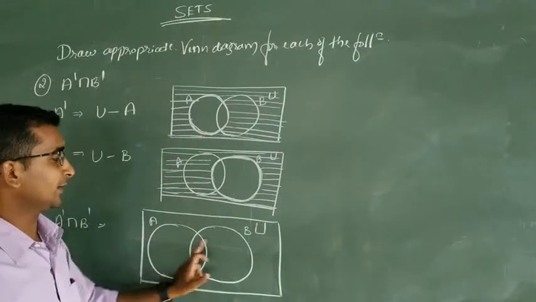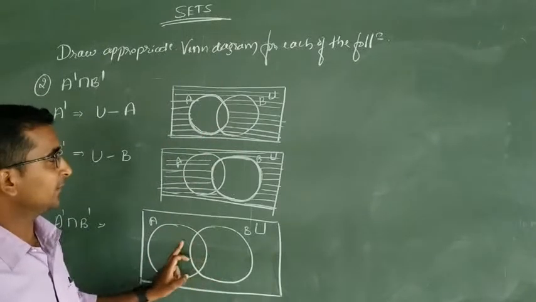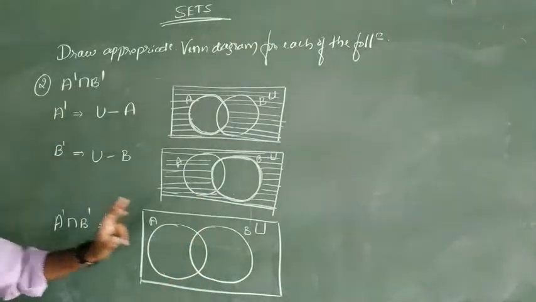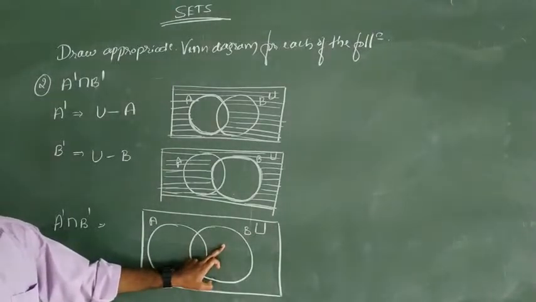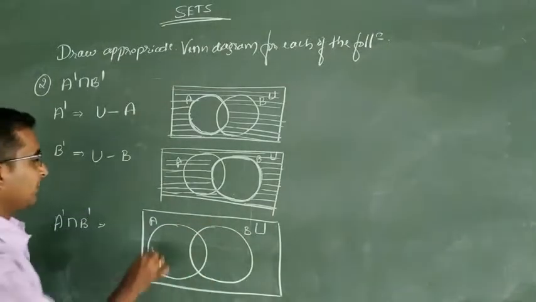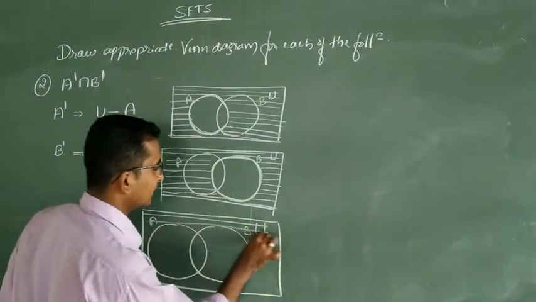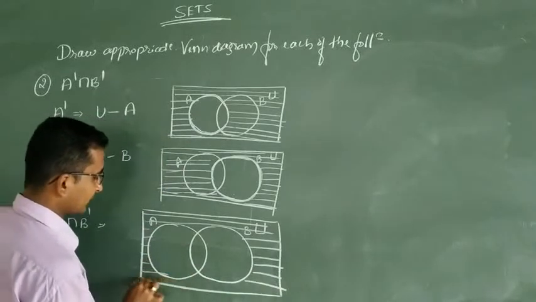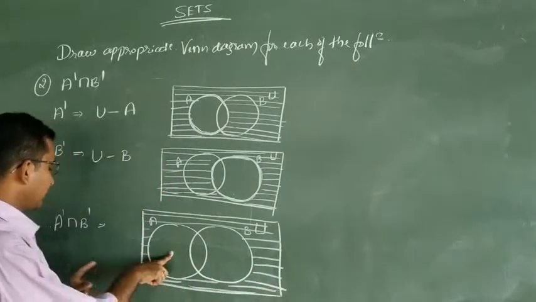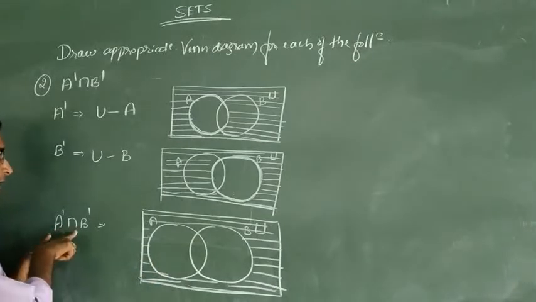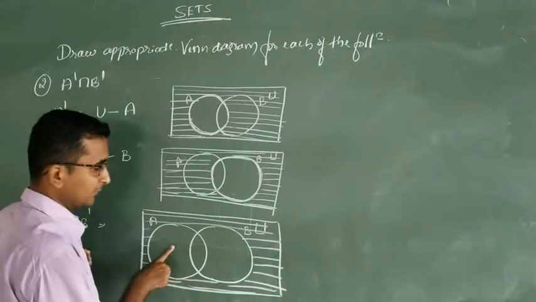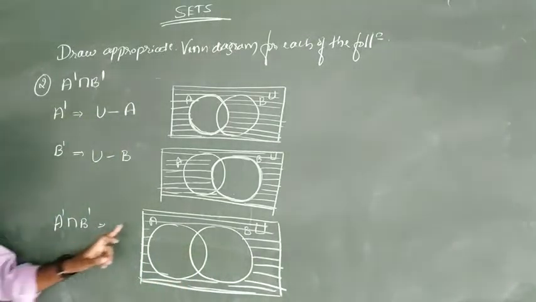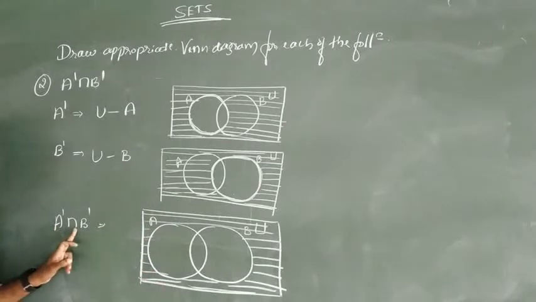Except AB, it won't come. We don't have the lines for the AB, because if you fill up the A, then it is not the A dash, that is A. If you fill up the B, then it is B, not the B dash. So except this AB, the remaining part is nothing but your A dash intersection B dash. Note the elements which are not present in A and in B. Getting? So the remaining part of U is your A dash intersection B dash.